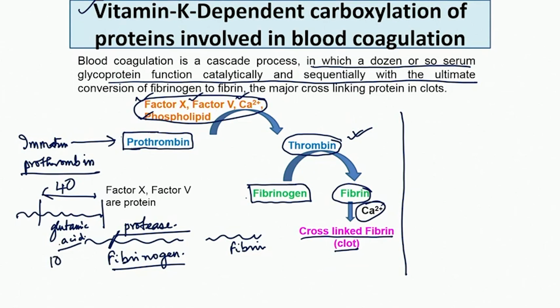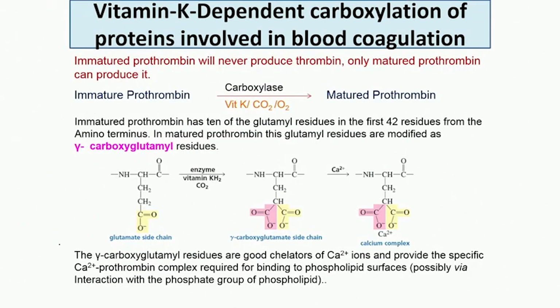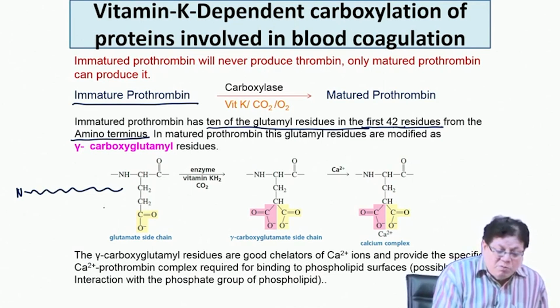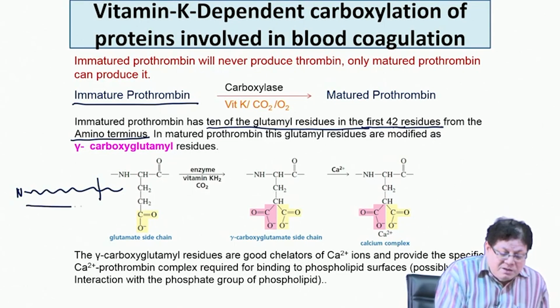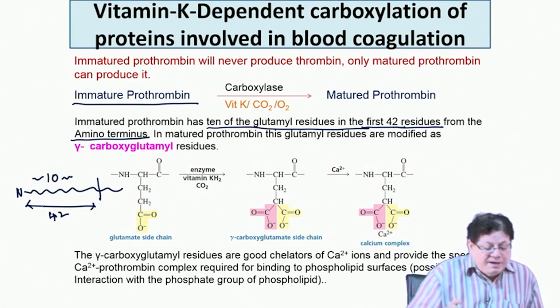Now, that is what prothrombin is. In this immature prothrombin, all of these are glutamic acids. It has 10 glutamyl residues in the first 42, not 40, 42 residues from the amine terminus. So, from the amine terminus you have this, the immature prothrombin, and within these 42 residues you have about 10 glutamic acid residues,